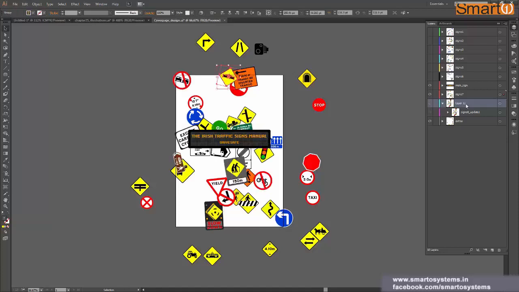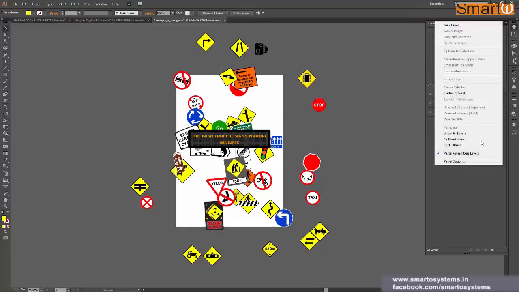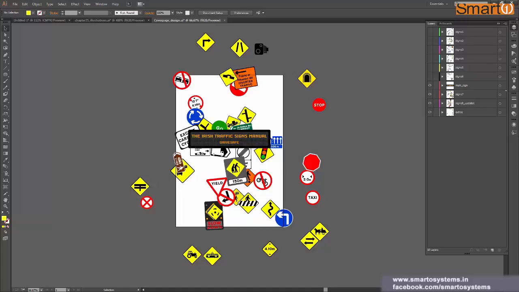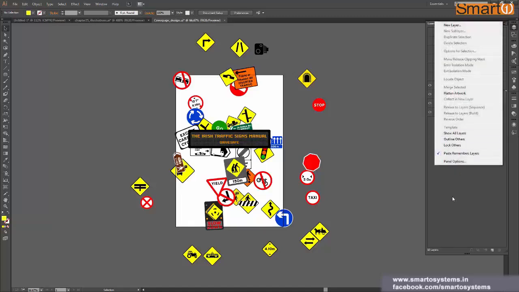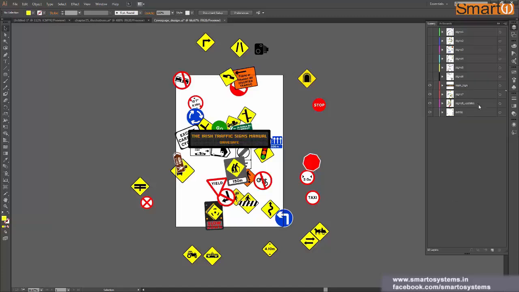Right now I'm just going to undo it and restore our previous settings, and again I'm going to these options, and now we have this option which is called flatten artwork. Again, some of these options might be disabled because you haven't selected any layer. Let's say this collect in new layer isn't enabled now, it is disabled because I haven't selected any layer.